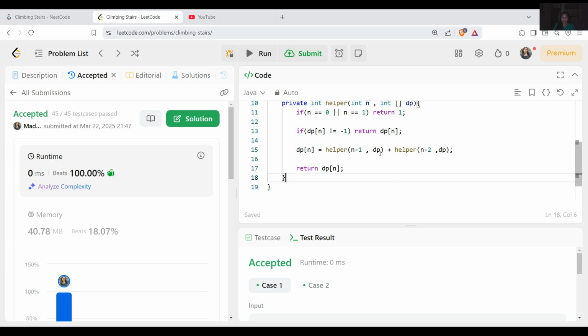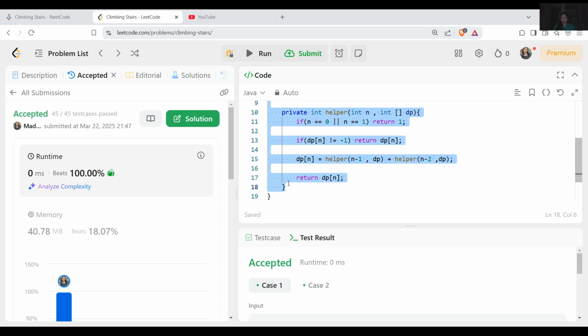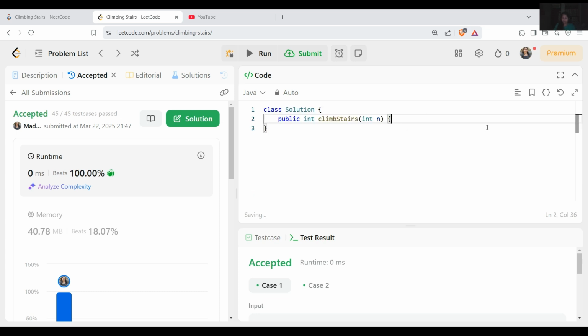Okay, and we can optimize more than that. Currently we have used the top-down approach. Now we can use a bottom-up approach also. What we have to do is use a table dp, which we iteratively calculate the value from 0 to n. The time complexity for the next solution will obviously be O(n) only, and the space complexity will also be O(n). The thing is that the way we are calculating the value will differ. So let me clean this code and we'll write it again.